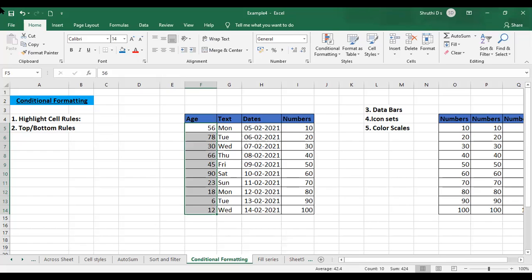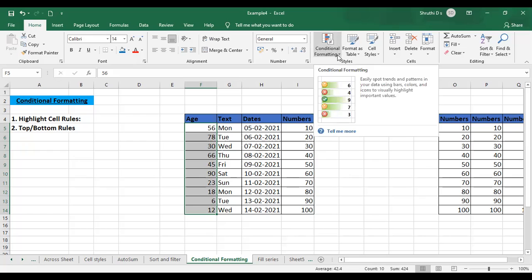You will have a large database available for you in which you just want some of the data that needs to be analyzed. So what do you do then? We can format it according to the conditions. See here, I have different ages here, right? So now I just want to highlight the cells in which age is greater than 18. I just want to see the cells in which the age is greater than 18.